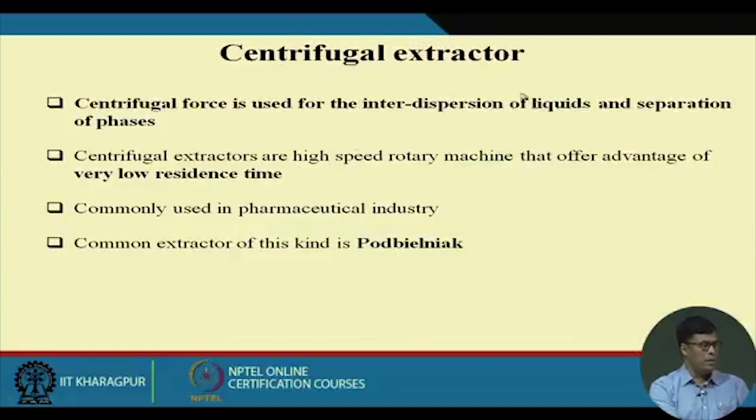Now, the centrifugal extractor is used for interdispersion of liquid and separation of phases. Centrifugal extractors are high-speed rotary machines that offer the advantage of very low residence time, and are commonly used in the pharmaceutical industry. A common extractor of this kind is